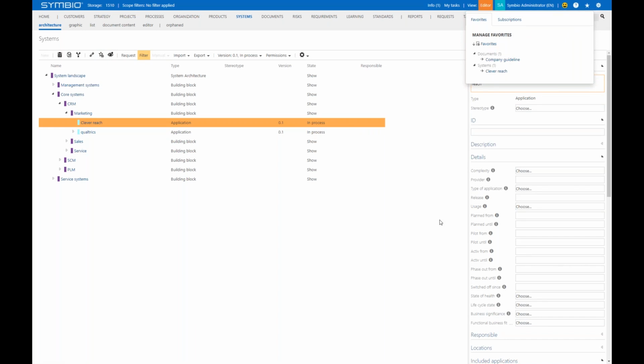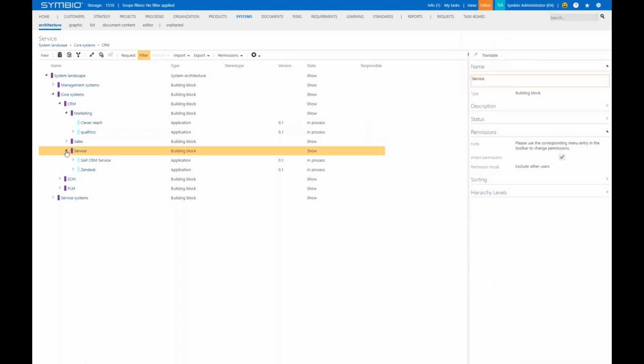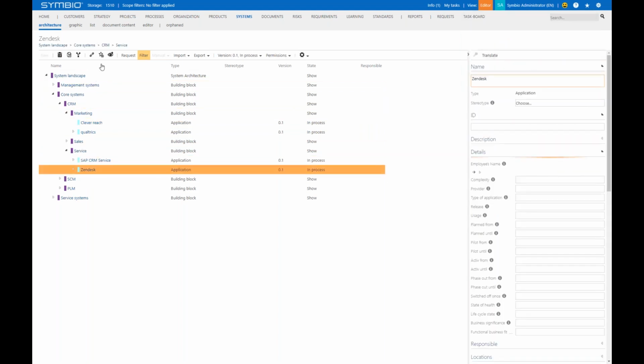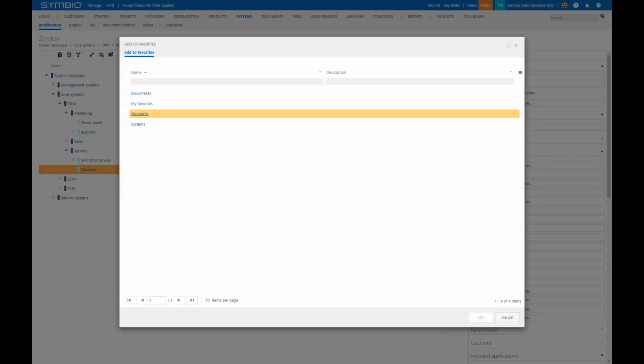Just some background information on that. You can obviously also move favorites to several groups. You can also copy and move them. Also within the group, you can sort your favorites according to your own wishes. So for example, if I select one more system and move it into the group,